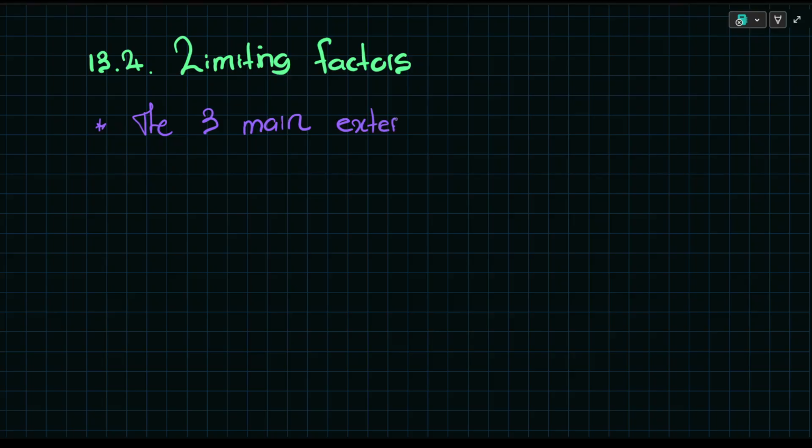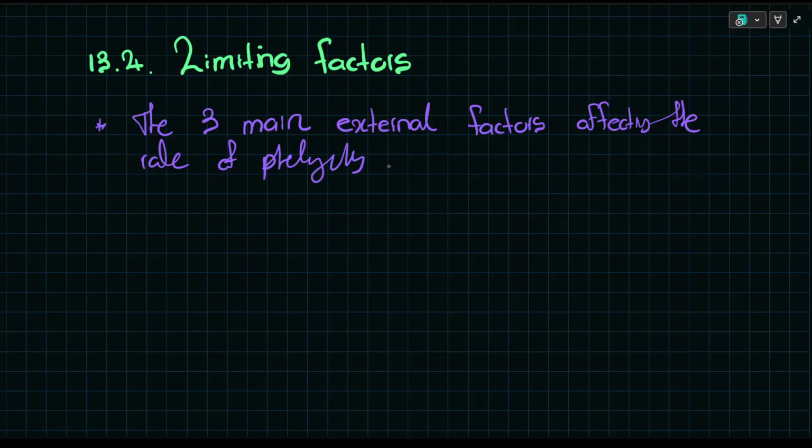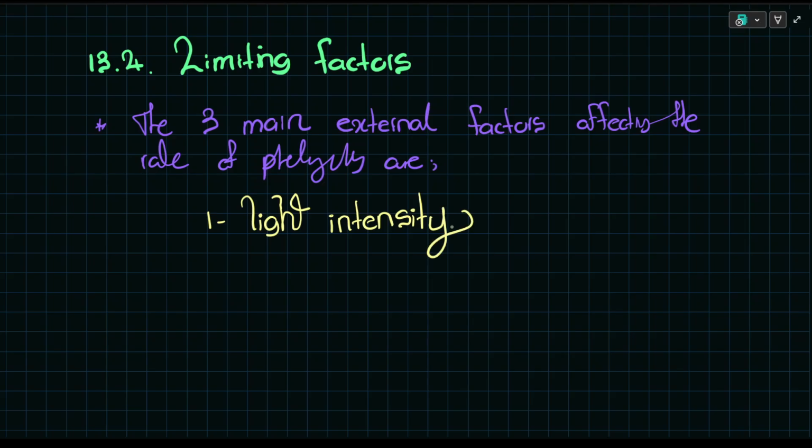external factors. The three main external factors affecting the rate of photosynthesis are, let me write that, that's photosynthesis, okay, are number one, light. Please remember these in this particular order and it will be much easier to move on from one to the next. Light intensity. Number two,